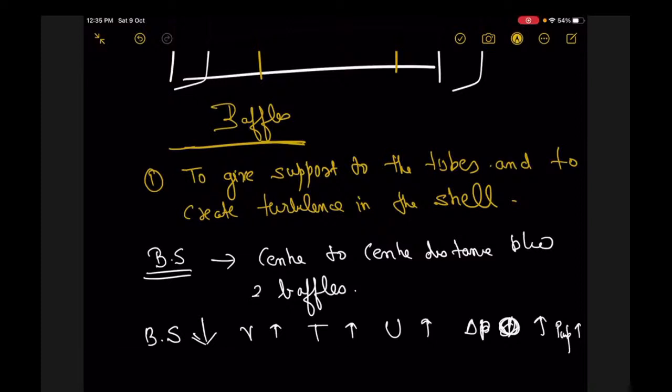तो यहाँ पे अगर हम देखें डेल्टा पी, तो ये नेगेटिव चीज है ना, ये पूरी नेगेटिव चीज है। पंपिंग कॉस्ट बढ़ गया, लेकिन यू बढ़ रहा है, दैट इज अ पॉजिटिव थिंग। मतलब हम पैरामीटर को चेंज कर रहे हैं, दैट इज बैफल स्पेसिंग। इस तरह से हो रहा है।